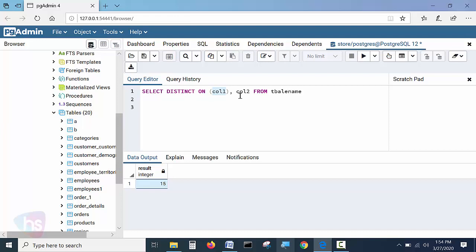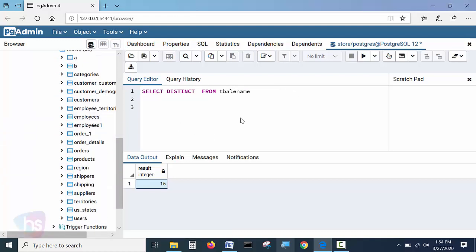We will execute a simple statement here for a products table. There is also a table called employees, so we'll see the employees as well. First, as usual, the query we write is SELECT star FROM employees.